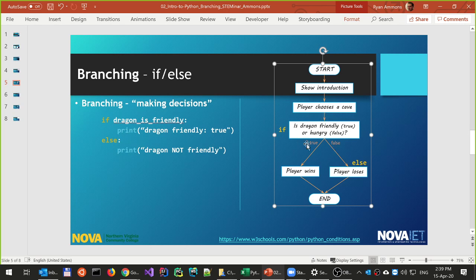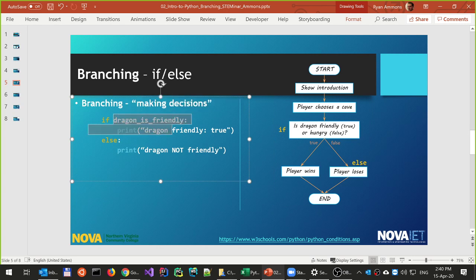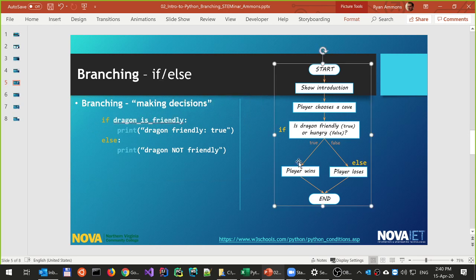And then there's a dragon in that cave. And it's going to say, if the dragon is friendly, which we're going to represent as dragon_is_friendly as a variable. And it's going to be true or false. This is going to be a Boolean variable. Dragon is friendly. If it's true, that's going to equate with, yes, obviously dragon is friendly. That's true. And it would go this direction, down this path, which means the player wins because the player gets